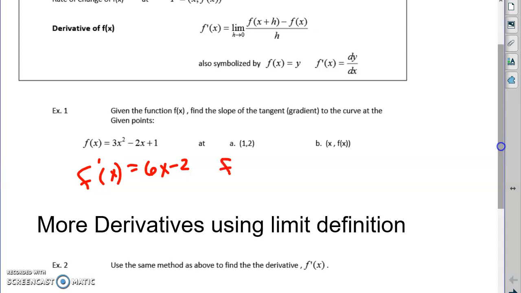I started to evaluate f prime. Remember, that's a point, so we're just going to use the x. 6 times 1 minus 2. So the slope of the quadratic equation at the point 1, 2 would be 4, the slope of that tangent line. We're going to do one more